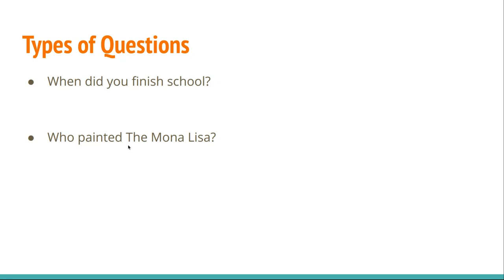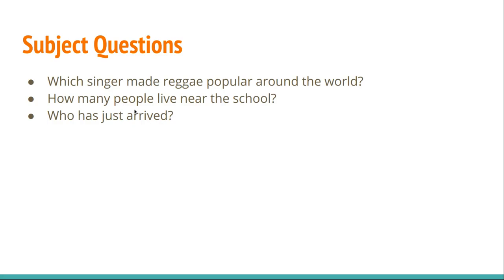Okay. Now, why do we sometimes use an auxiliary and why do we sometimes not use an auxiliary for our questions? Because we have different types of questions. Subject questions ask for the subject, the doer. Who is it that performs something? Okay. Now, we don't know who it is. So we are asking for the identity